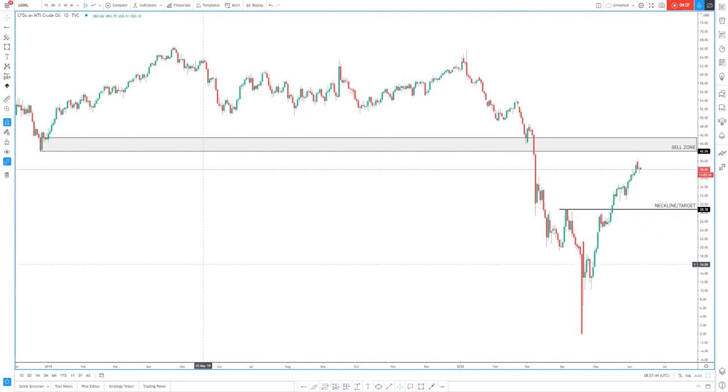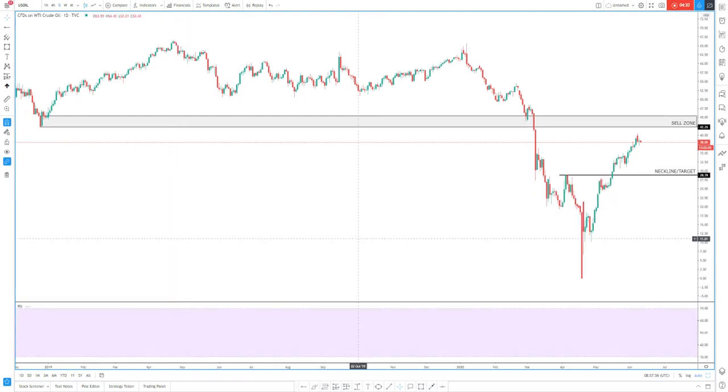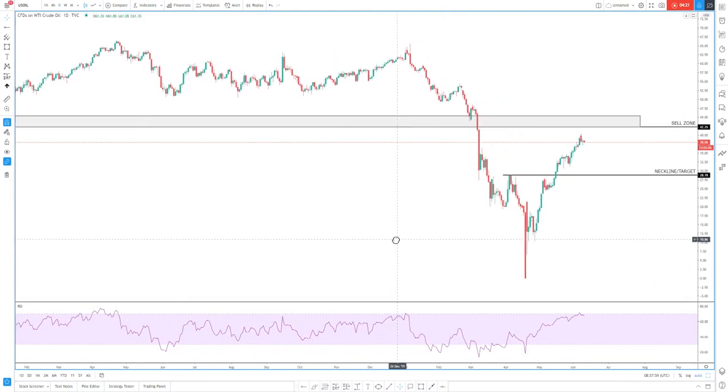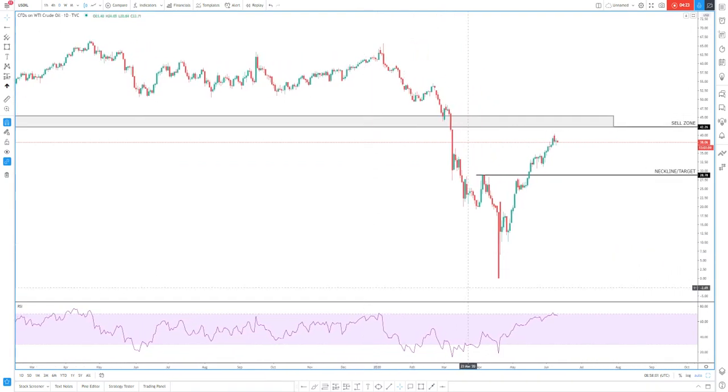Now the next thing I would want to look at, if you've been following my analysis from day one, you'd see I always add my RSI to the chart. Now adding my RSI to this chart, I look for oversold and overbought levels on the daily time frame. Now, on the daily time frame, we have an overbought